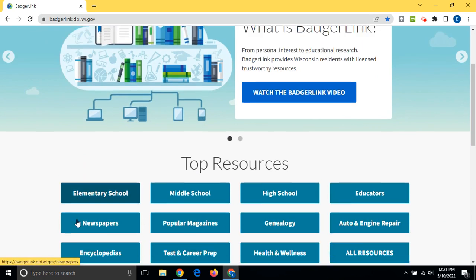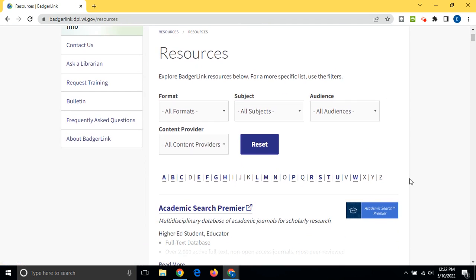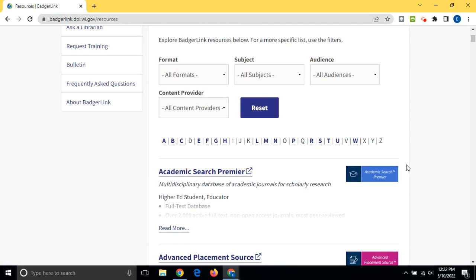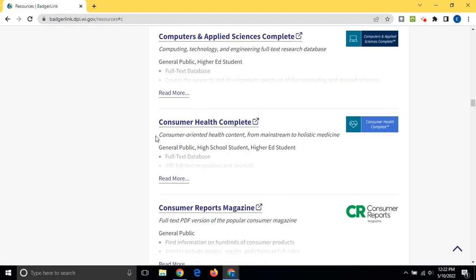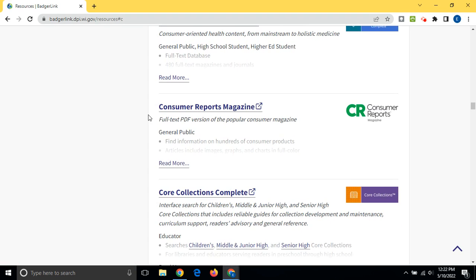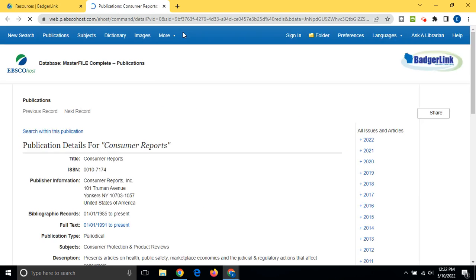And then we want to find Consumer Reports. So the easiest way to do this, I usually just go to All Resources, and then it's going to give you an alphabetical list of all the resources available. So we'll click on C, and then if we scroll down a little bit, we'll see Consumer Reports Magazine. So this is how we access the database. If we click on the Consumer Reports Magazine title, it's going to open us in a different tab here,